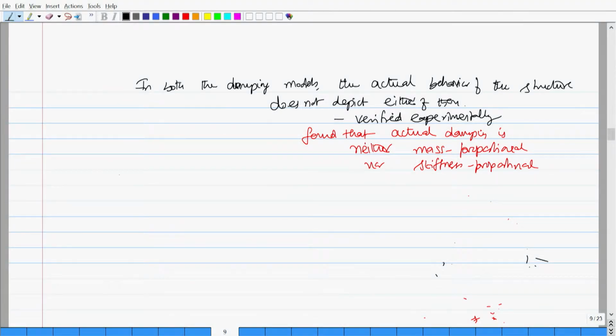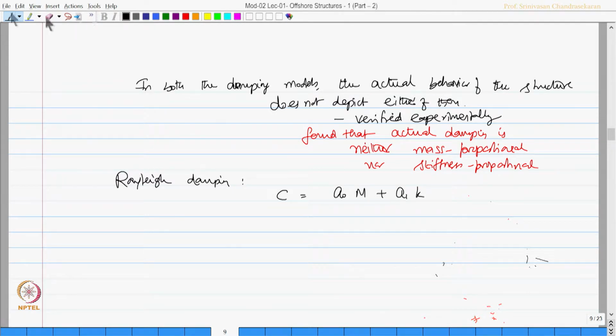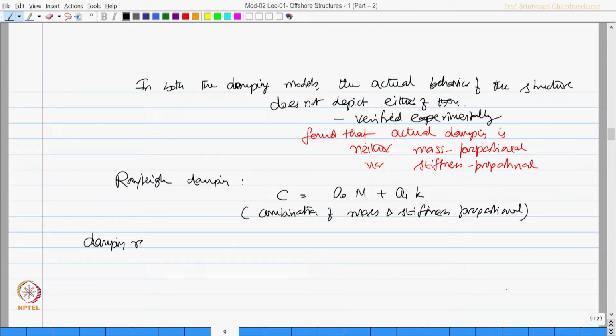Rayleigh proposed damping which includes both, where C is going to be A0 m plus A1 k. Therefore, it is a combination of mass and stiffness proportional damping. In that case, the damping ratio at the nth mode is given by